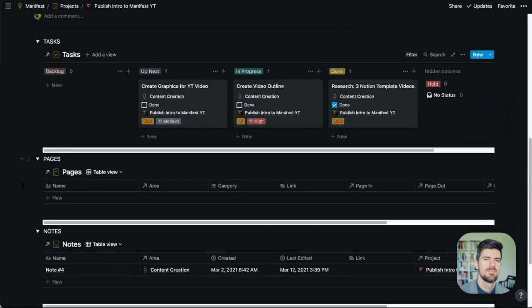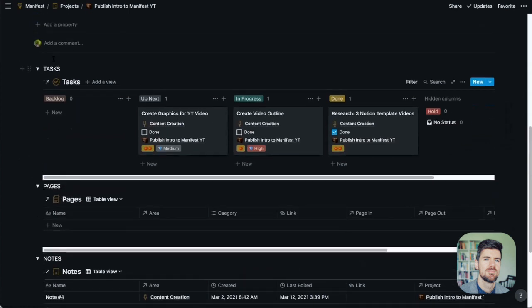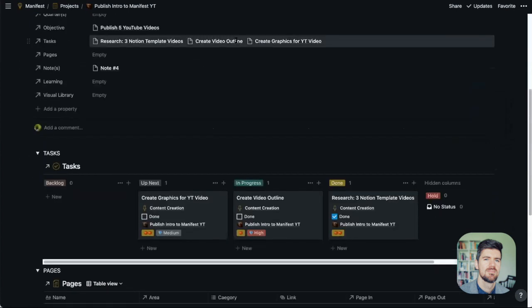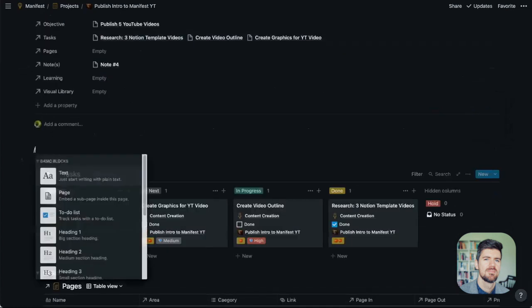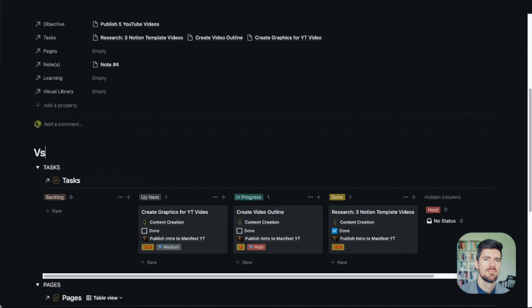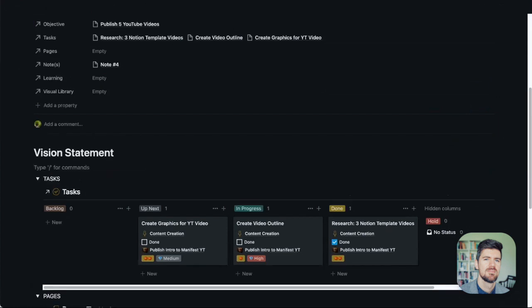And then one thing I'll note is with project views, I know some people like to emphasize a particular outcome or a particular kind of, maybe you're referencing your vision statement. It's definitely an open possibility in terms of if we set up a vision statement up here, to kind of set the tone for this project.